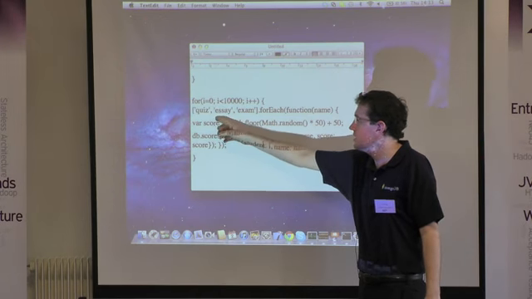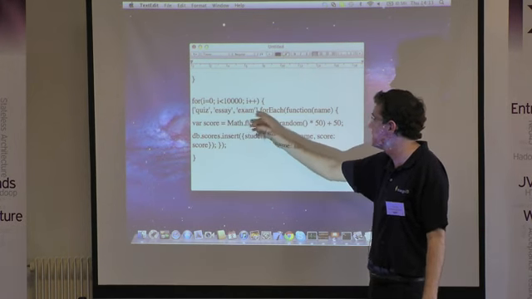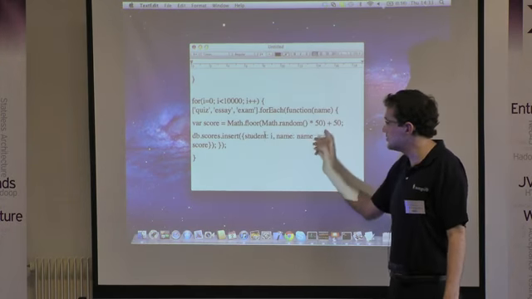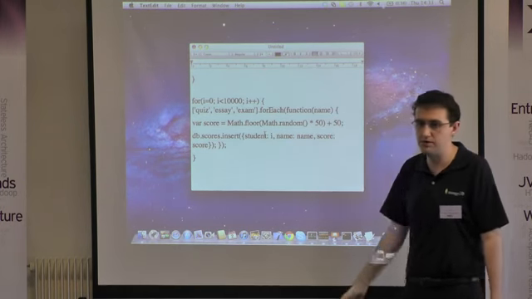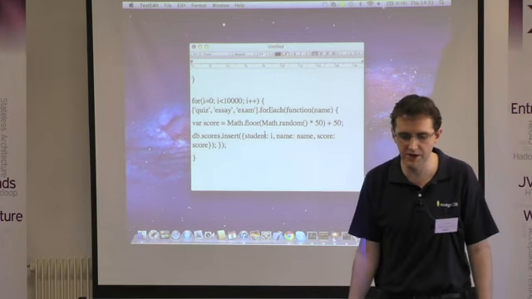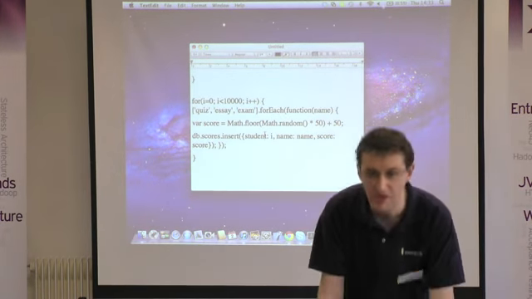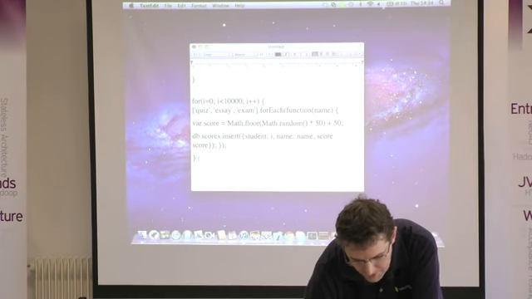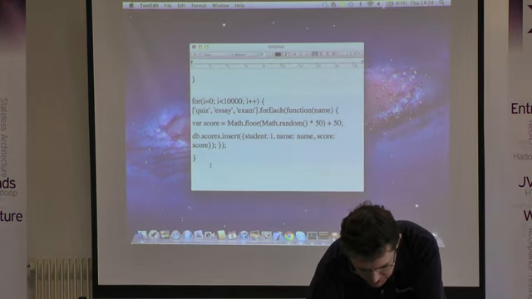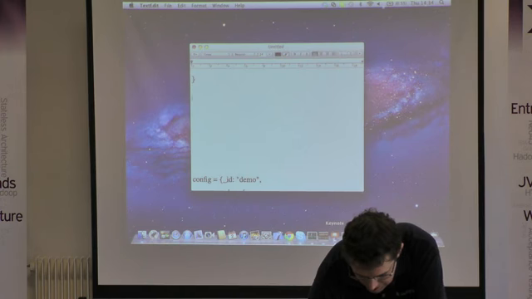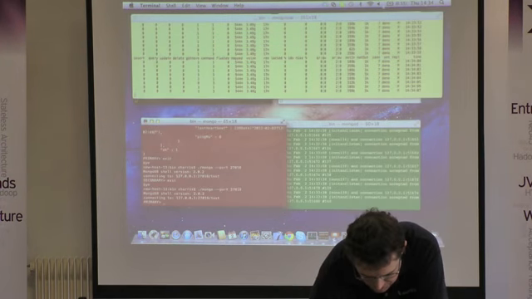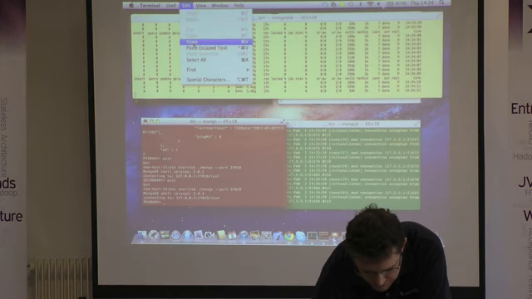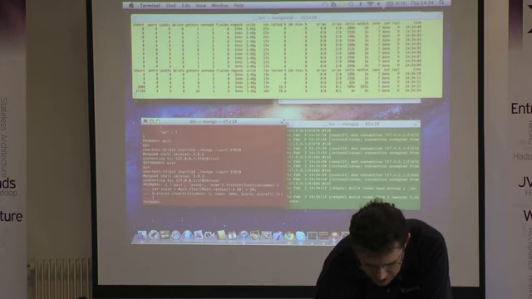What I'm going to say is insert quiz, essay, and exam. For each time, calculate a random score and insert this record into MongoDB, right? So I'm going to end up with about 30,000 records being inserted into MongoDB, right? So you simply copy this bit of JavaScript, and I'm going to paste it in here. In theory, what we should see once I've pasted this in, as I hit return, there